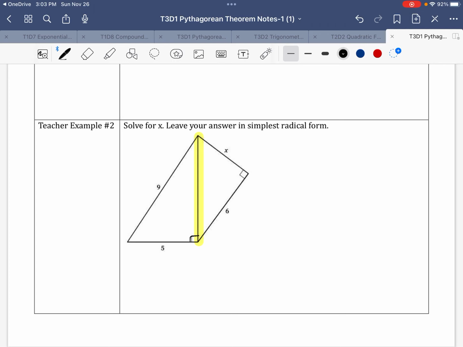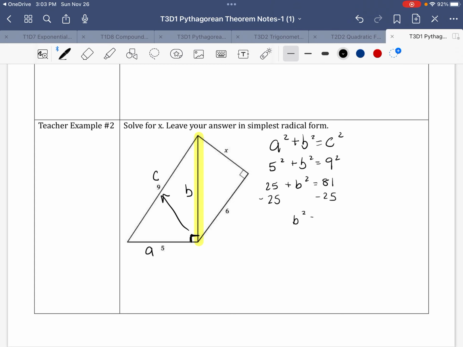So again, I know I can use the Pythagorean theorem because I have a right triangle. And I know that 9 is my C value, which makes 5 my A, and then this line highlighted in yellow, B. So A squared plus B squared equals C squared, and 5 squared plus B squared equals 9 squared, 25 plus B squared equals 81. And then when we subtract, we'll get B squared equals